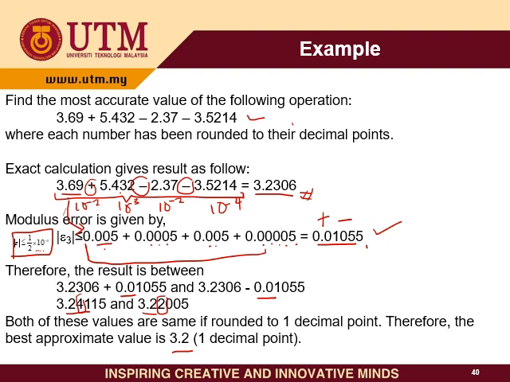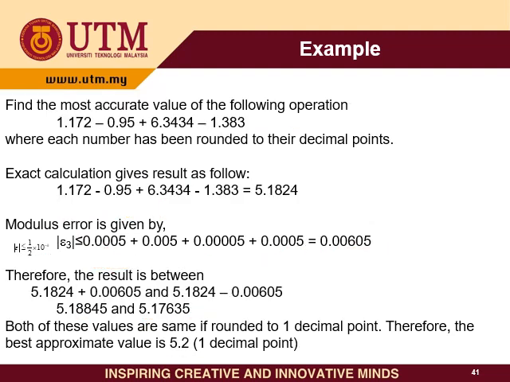We look at another example. Find the most accurate value for the following operation. Okay, they give us these 4 numbers. All right, so for the exact calculation, you do the calculation for the given values here, and we get 5.1824. Again, you can use your calculator. So how to count the